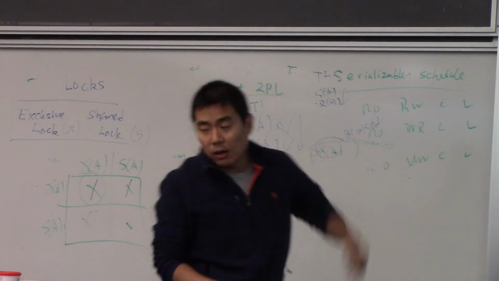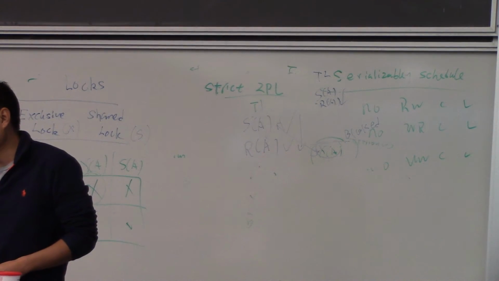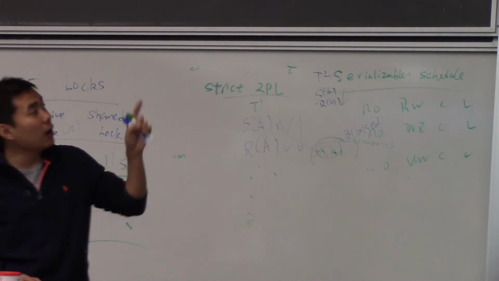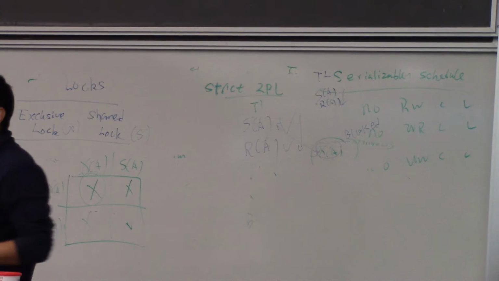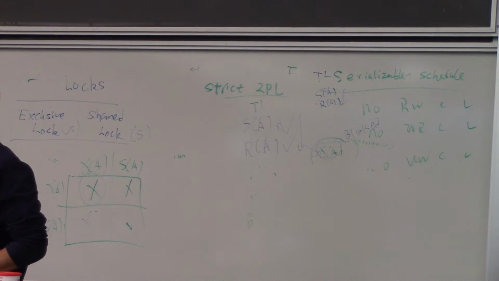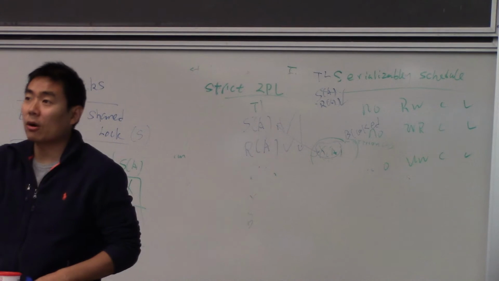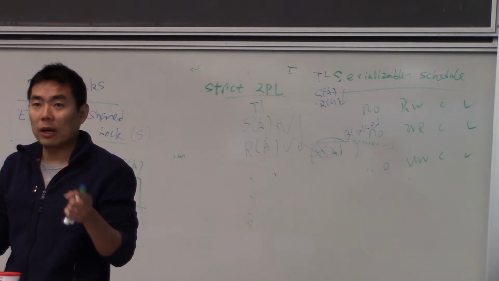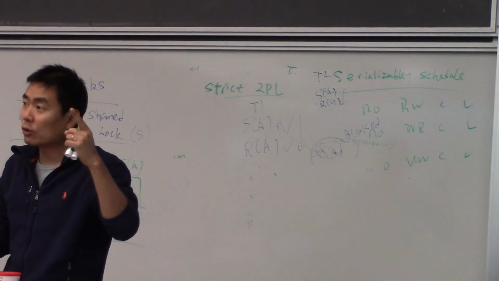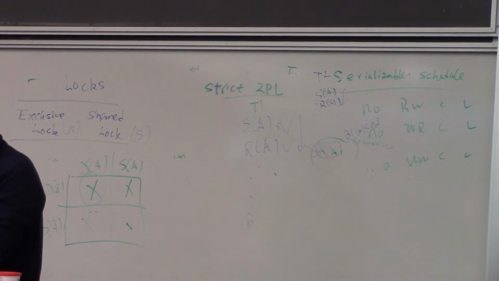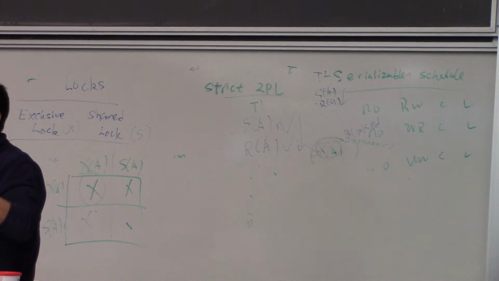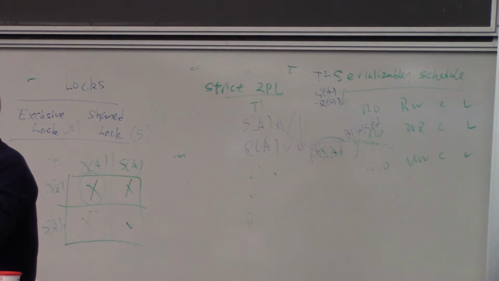In straight two-phase locking, the base version of this protocol, all locks held by a transaction are released when the transaction completes, meaning when the transaction either commits or aborts. When a transaction commits or aborts, you release all the locks you have acquired so far. That's straight two-phase locking. Non-straight two-phase locking says the following: the way you acquire locks is the same,